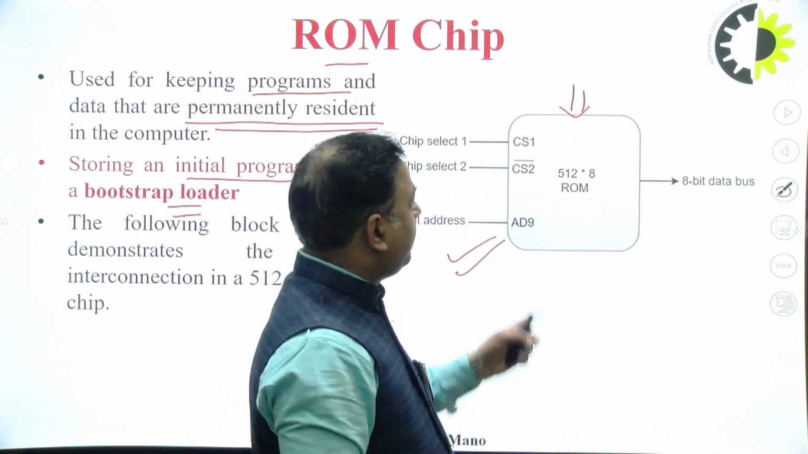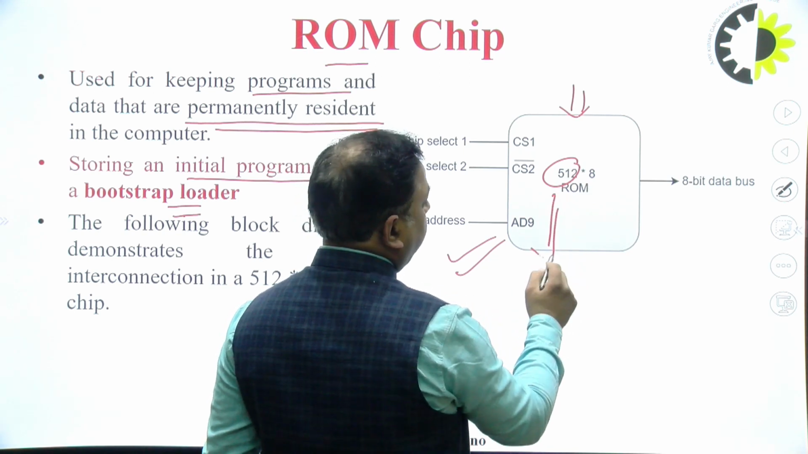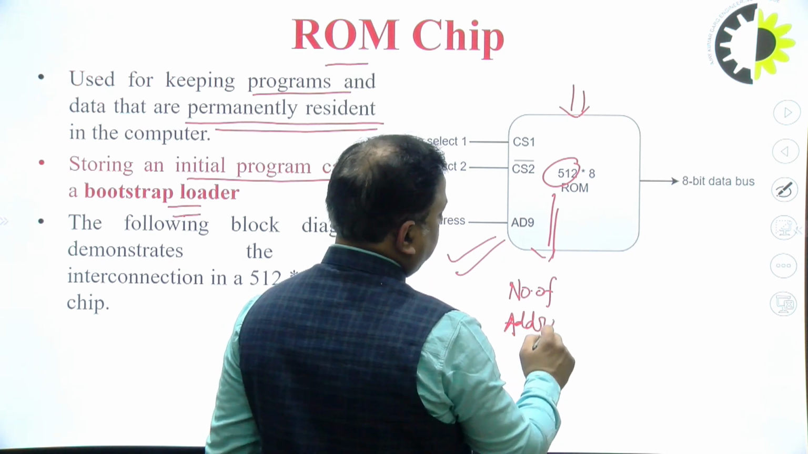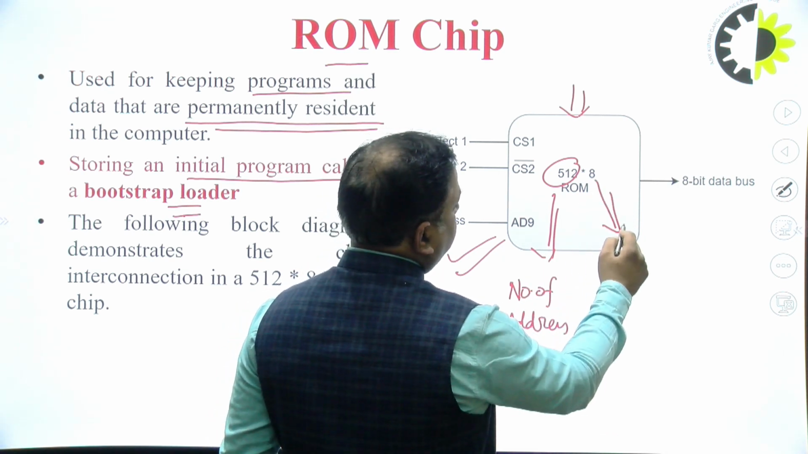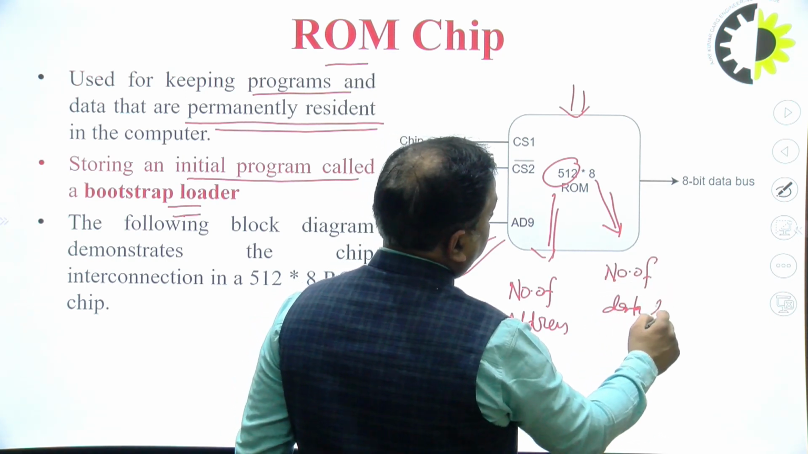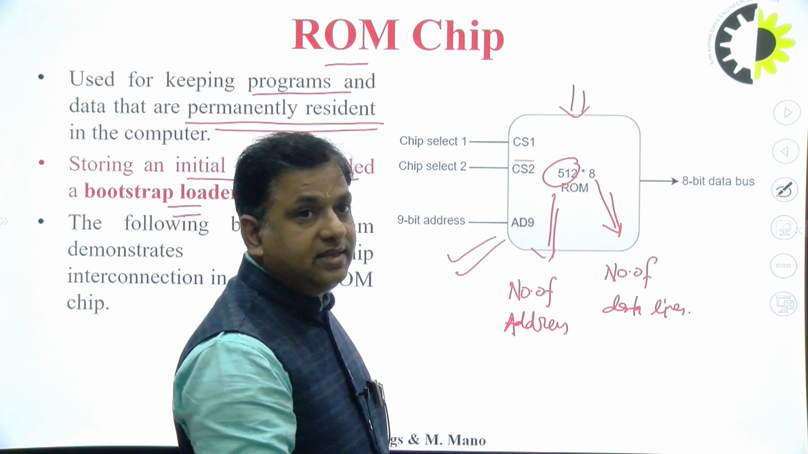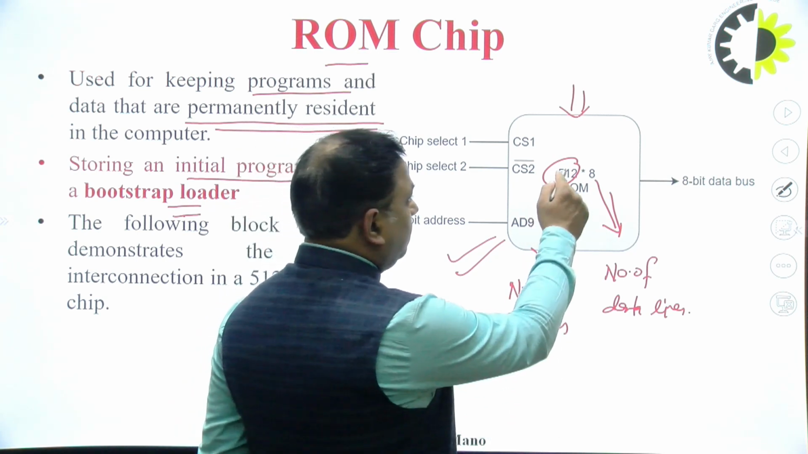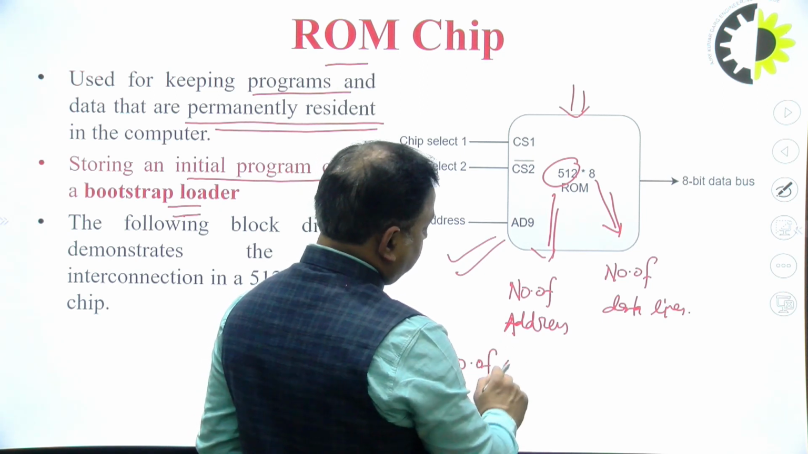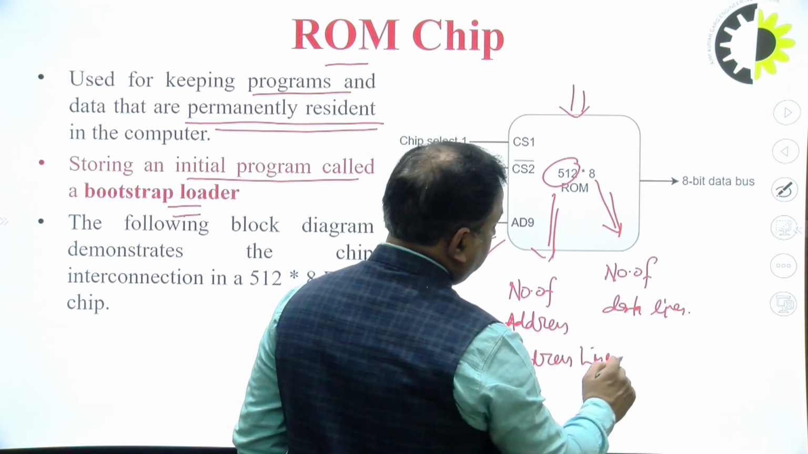For example, this is a ROM of size 512 into 8, right? Again, this 512 represents the number of addresses and this 8 represents the number of data lines. So every time we have to calculate the number of address lines or the number of data lines for a RAM chip. So 512 is the number of addresses. So the number of address lines, or we can say bits,